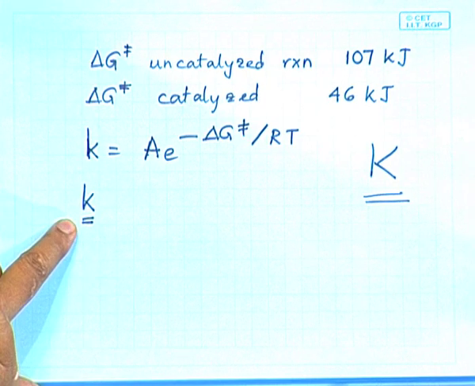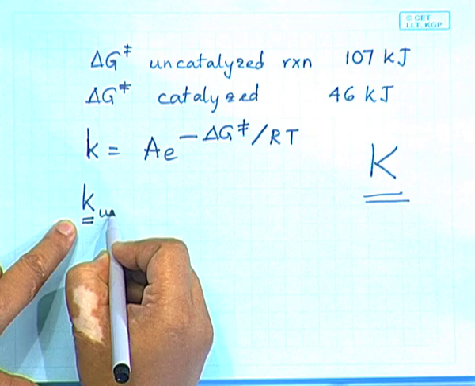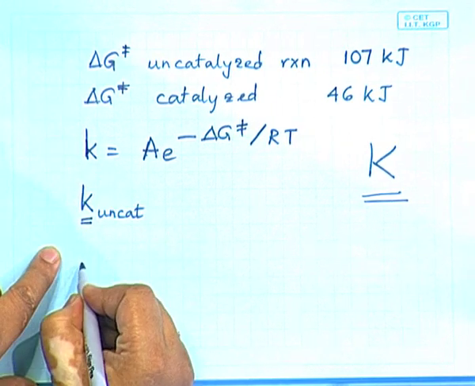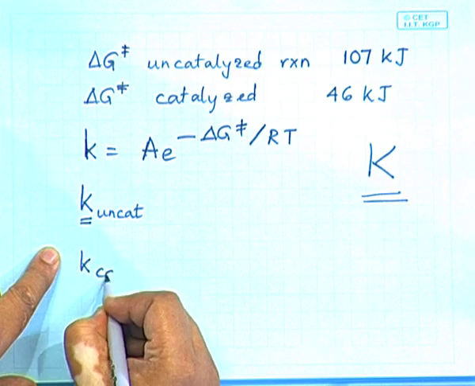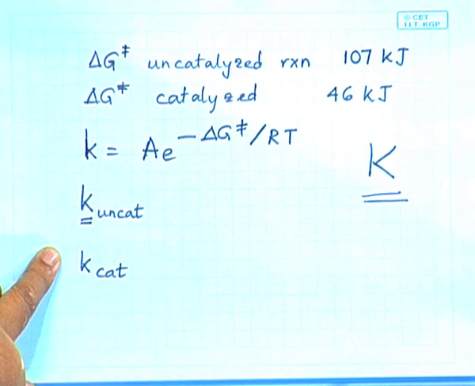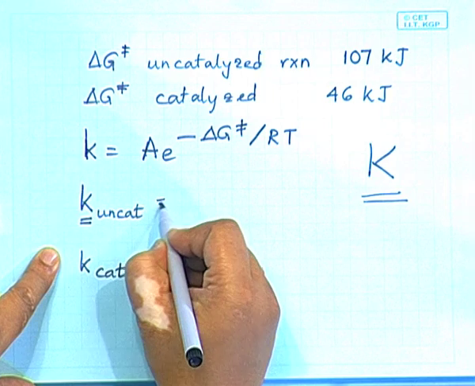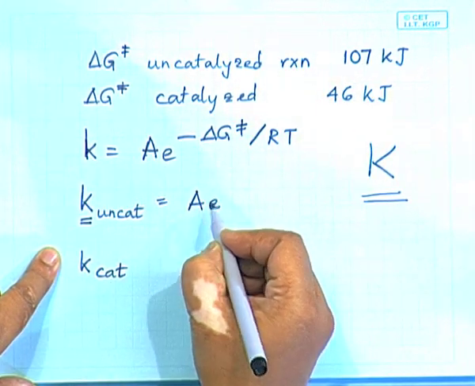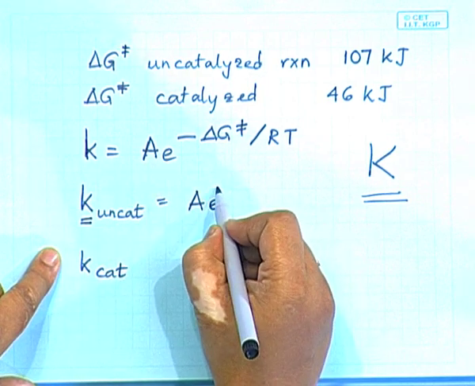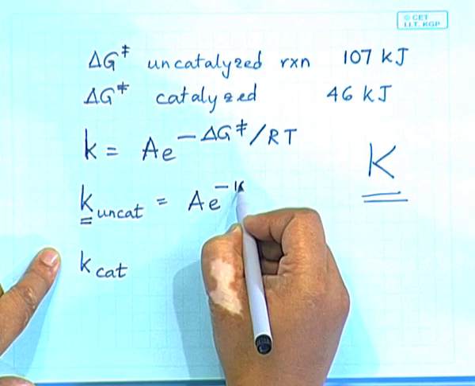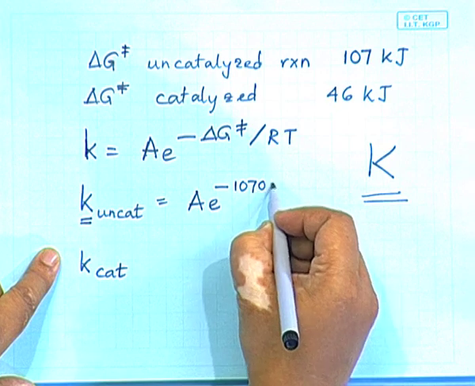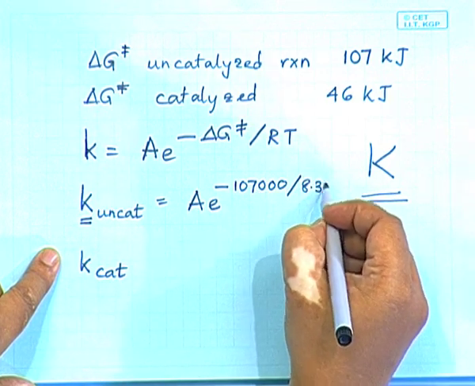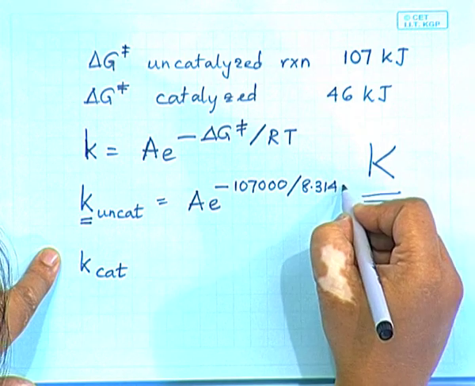So, we have a small k for the uncatalyzed reaction, and a small k for the catalyzed reaction. How do I determine it? All I have to do is plug in the values here. If we consider the pre-exponential factor A to be the same, I have to be careful about units here: kilojoules, 8.314, and by default we usually use